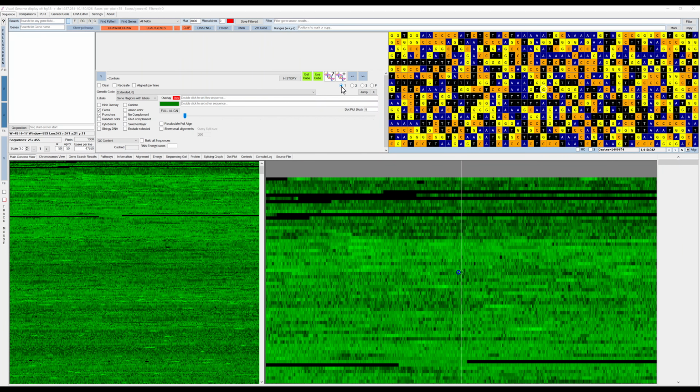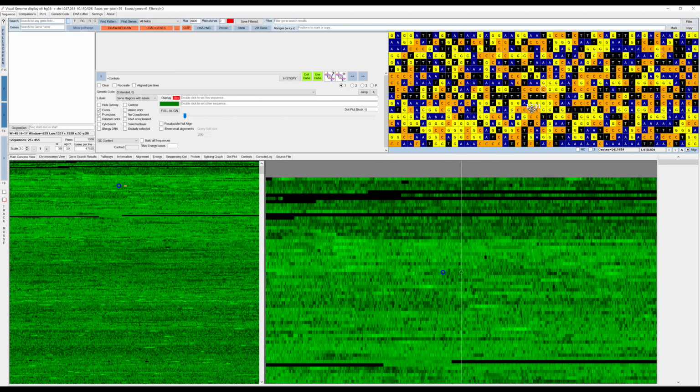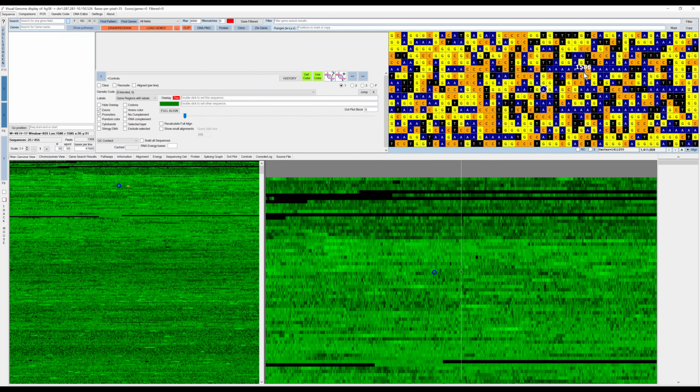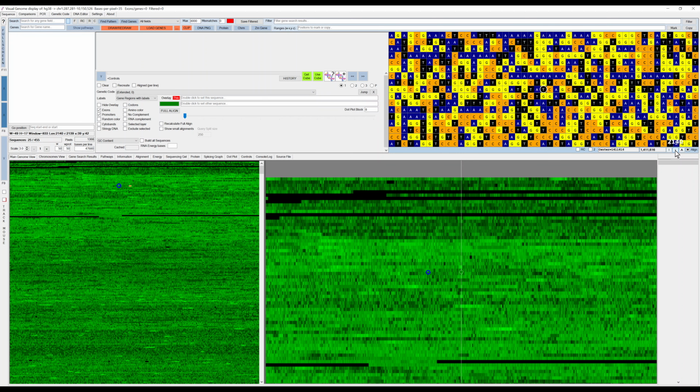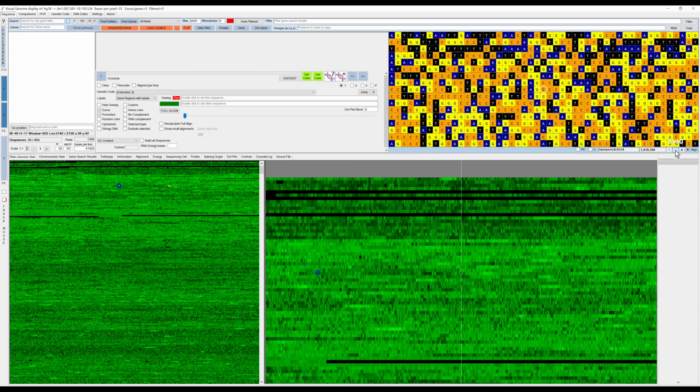So for example, if you want to highlight one position, you just double click, and if you look here on the main genome view as well as on the zoom genes view, you can see there's a blue circle appearing. You can now scroll away from that position. One of the buttons that allows you to move away quicker is these up and down arrows to the right. If I click on them, it moves the genome along, going down in the genome.